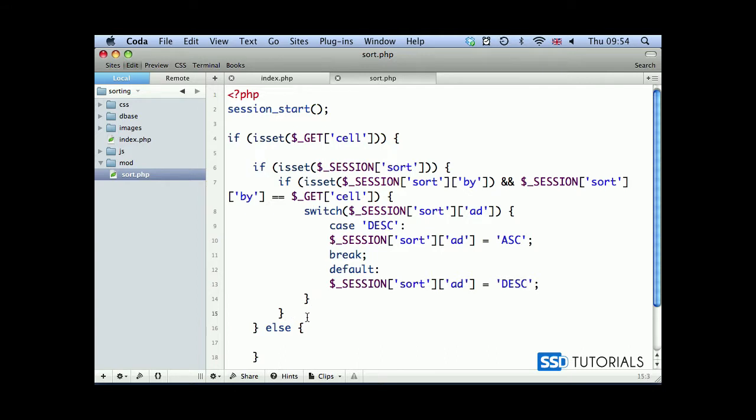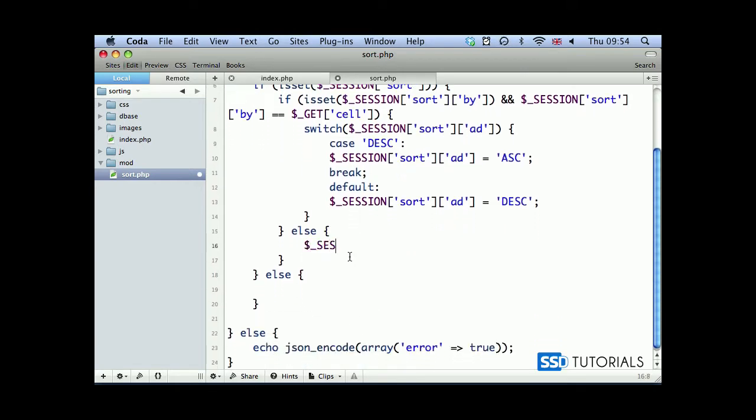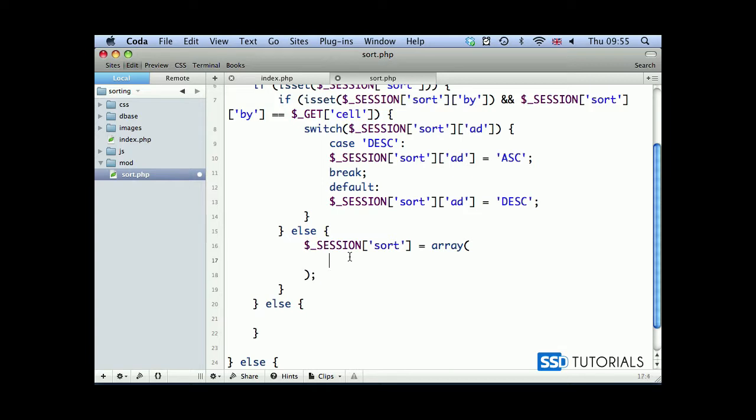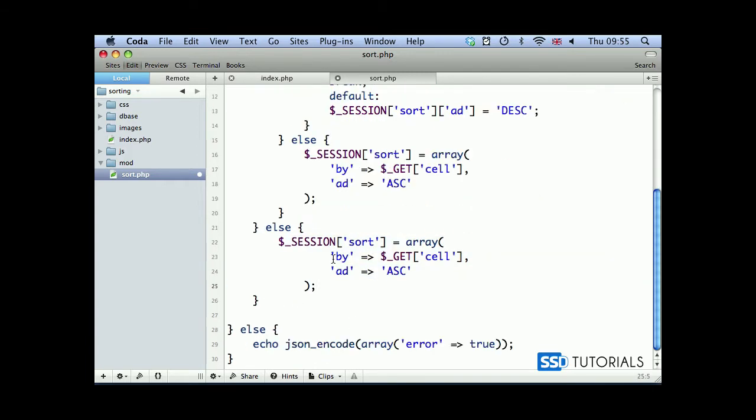Then else, we'll simply do session sort equals array, and now we define both of these indexes. First one will be by, and this is going to be our table cell, so GET cell, and the next one will be AD, which is basically ascending, descending, and we want ascending because it's the first click on this table cell. Then exactly the same thing will be in the second else statement here, so we just copy this and paste it,